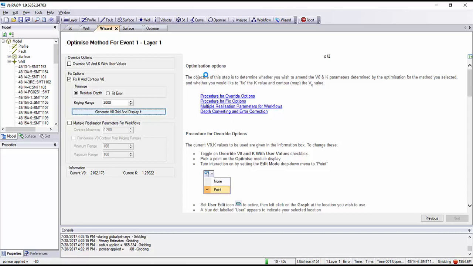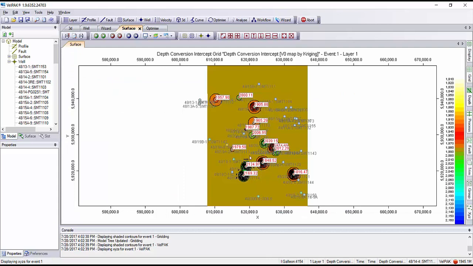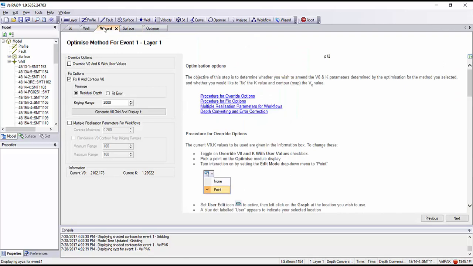You can see as this processes that in a few moments it will be ready to view. On the surface display here, we can have a look at the map that's generated, and we can see the interval velocity values at each of the well locations. If we're happy with this, we can click on the wizard and we can click on next,